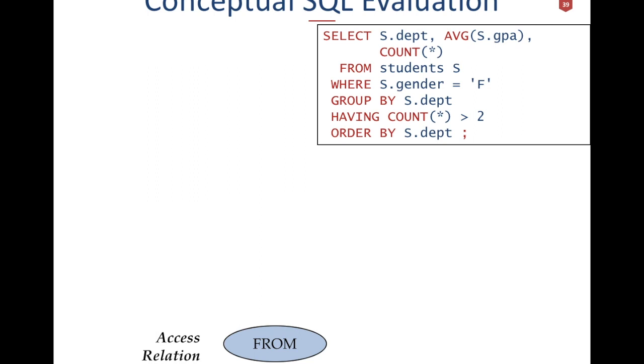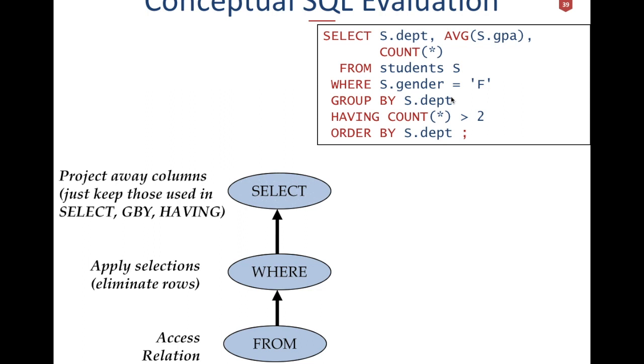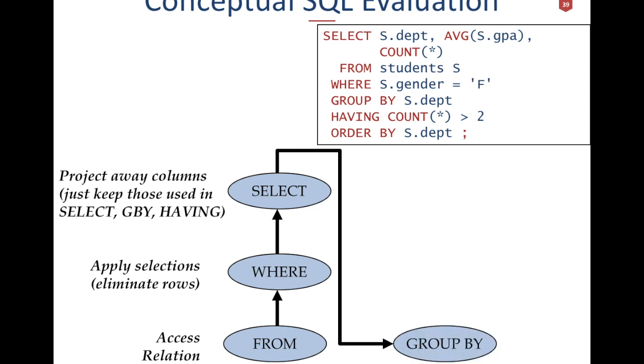Actually, the SQL execution starts from the FROM clause, because that's where the table is. They have to look at the student table. After that, the where clause eliminates rows where gender is not equal to F and keeps only those with gender equal to F. For those rows, I'm going to project only on the needed columns. The needed columns are S.department and whatever is used by group by and having, which is also the aggregation function. Then group by,